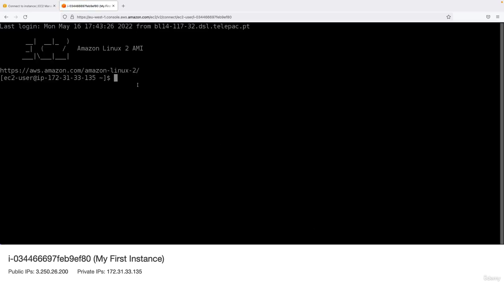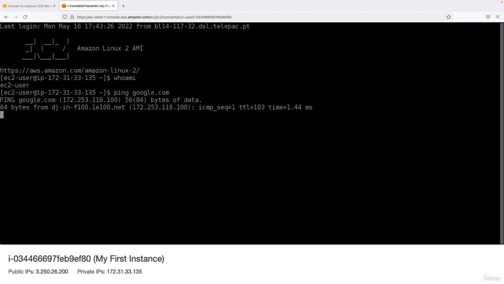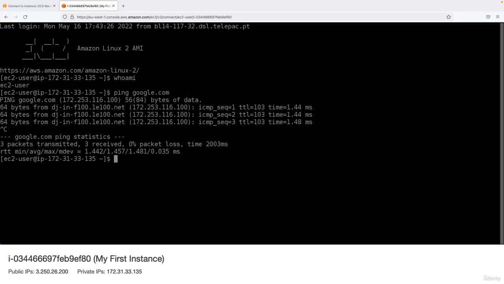And very quickly, you are into your Amazon Linux 2 AMI, and you can start running some commands such as whoami or ping google.com. And as you can see, everything is working. So the cool thing about it is that your session is in the browser instead of using a different command line interface, such as a terminal and so on. And so you do ping google.com or do any kind of commands you want really on it